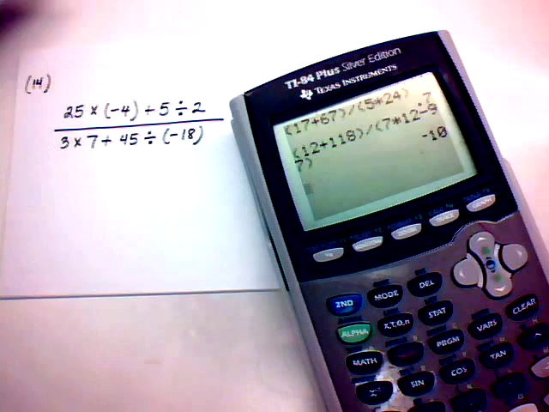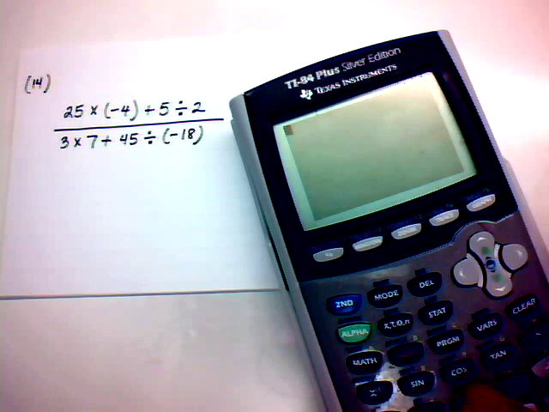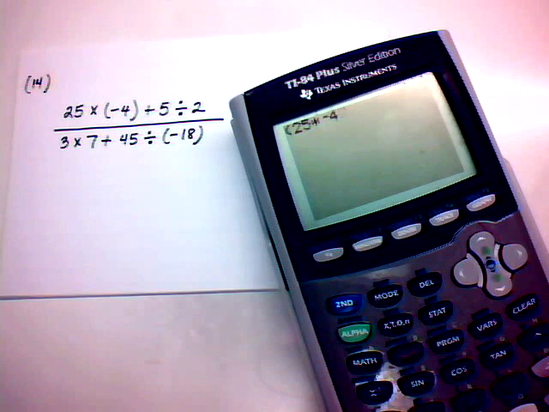Okay, number 14. Okay, now we got a complicated type problem in the numerator and the denominator. So the way we're going to do this one, the numerator will put in parentheses, and then we're going to have 25 times. Now the negative 4, you don't necessarily have to put negative 4 in parentheses. You can just type in the negative key and the 4 plus 5 divided by 2 and close the parentheses. Because the numerator is going to do 25 times 4 and then 5 divided by 2 and then add the 2 together. Whatever that is going to be divided by, and then in the denominator will be left parentheses 3